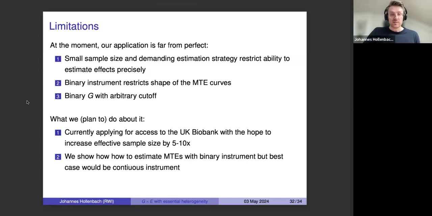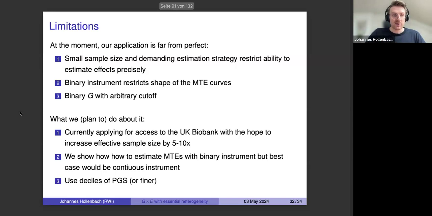Second, we show how to estimate marginal treatment effects with a binary instrument, and we're working on yet another method to do that, that is hopefully even more convincing. It is still another thing to worry about and another thing to sell to the readers. Usually we would want a clean solution, and estimating marginal treatment effects is a clean solution, but it doesn't really apply to every setting. But we're working on a bounding exercise where you do not point identify these marginal treatment effects, but bound them from the upper and lower bounds to hopefully informative ranges.